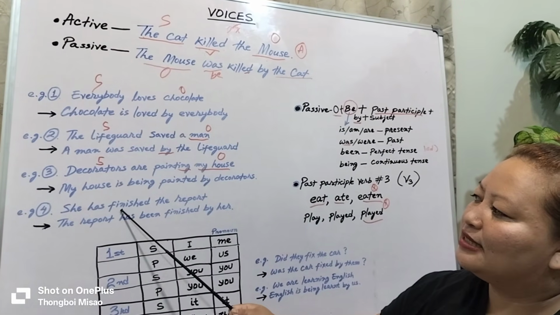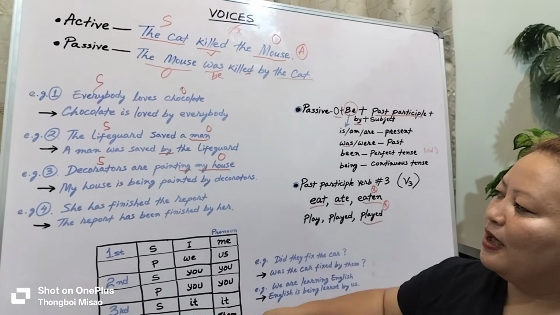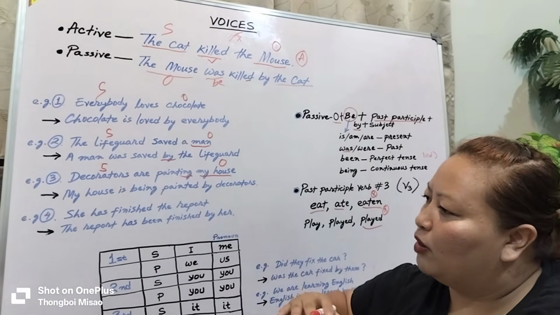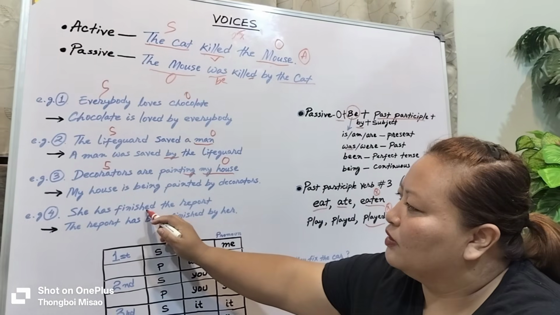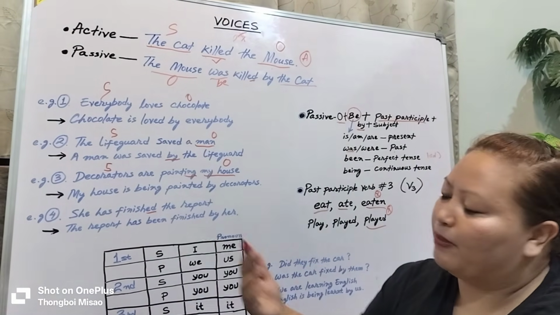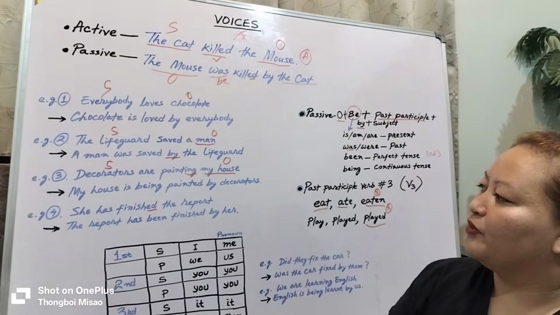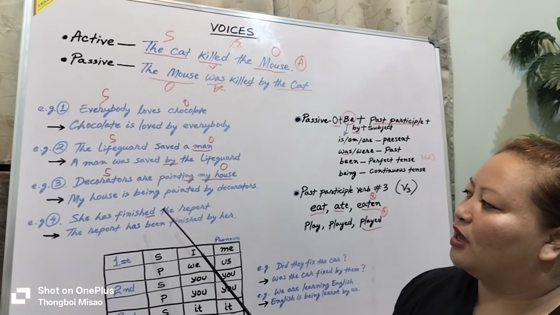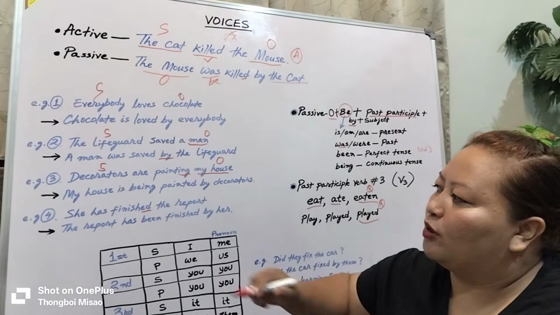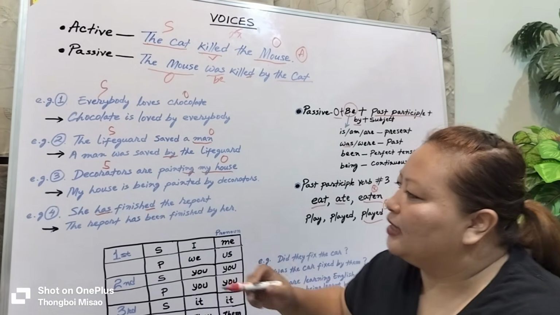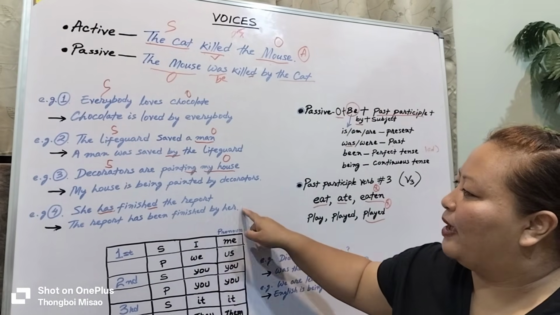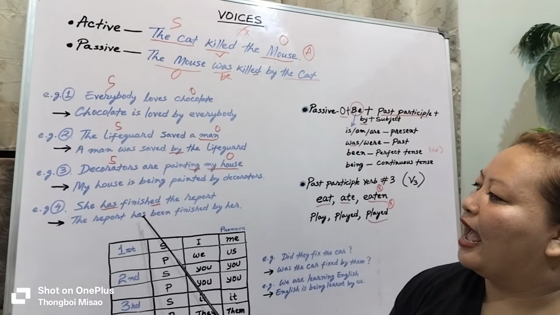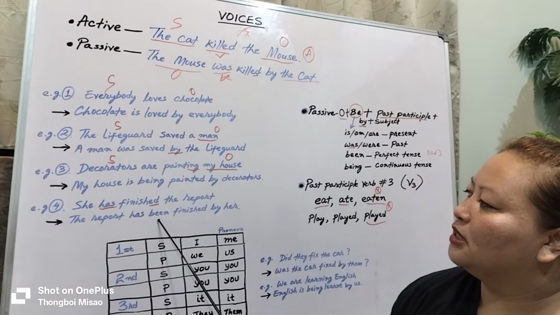that this is present perfect tense. How do you know that this is present perfect tense? Because of "has", and "finished" with "-ed". This is active voice, so to make it passive: "The report has been finished